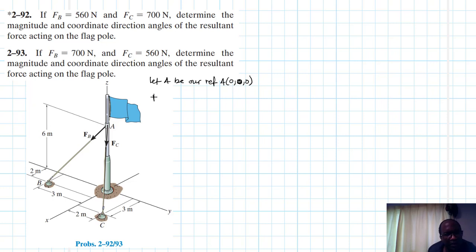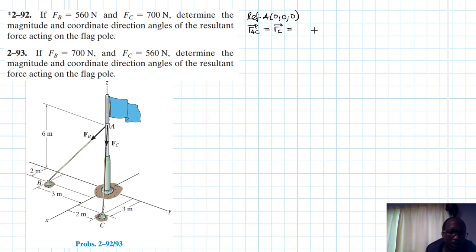So our reference is A, which is 0, 0, 0, and therefore position vector AC, which is just equal to the position vector C because A is our reference, will be equal to